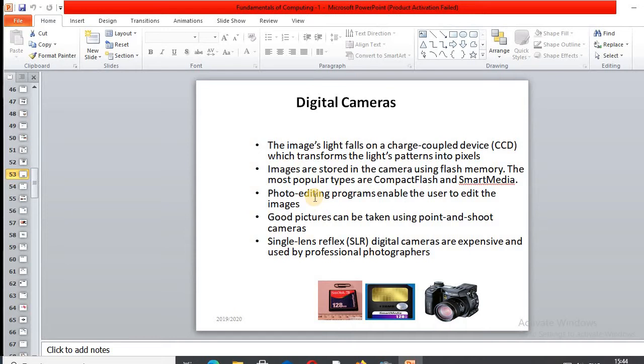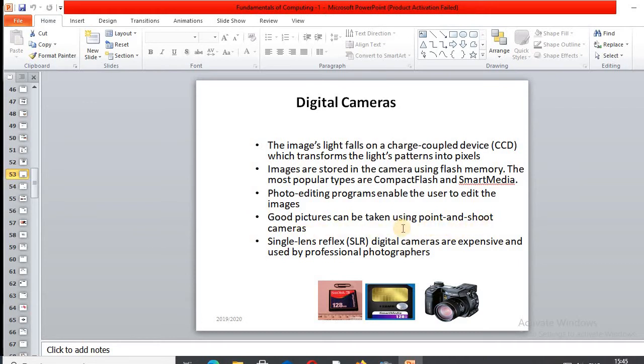It can assist you to edit the photo, and then someone can appear, might be coming from an airplane, or you can put any background of yourself that you want. If the one that was there was not good for you, you can edit it the way you want. Good pictures can be taken using the point and shoot